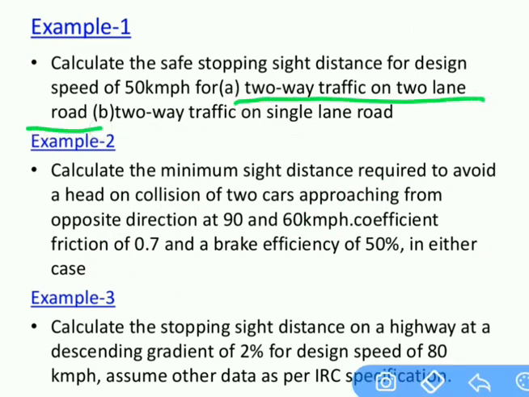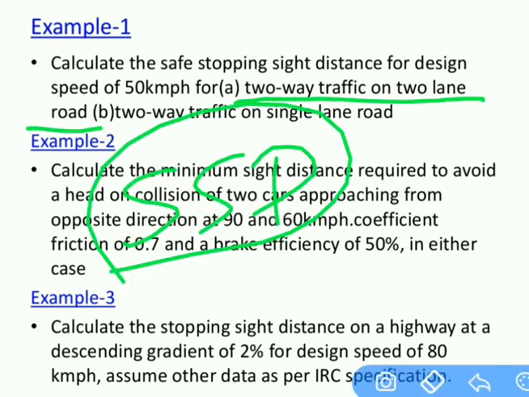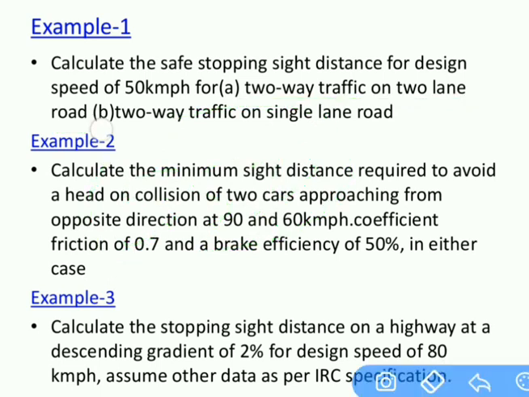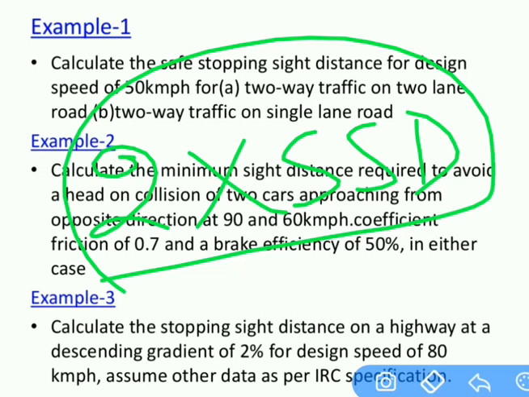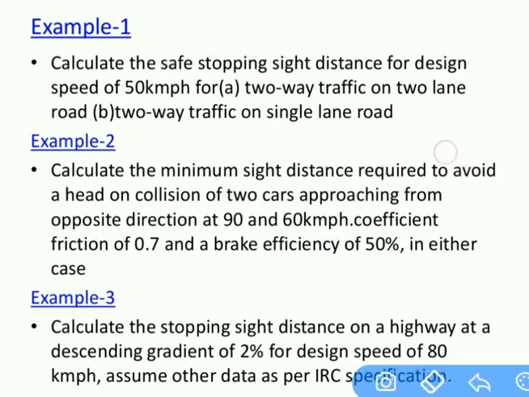Next, what is the first question? Two-way traffic with a two-lane road. Directly the SSD value will become SSD. That's it. Next, in the second question, what will happen? Two-way traffic on a single lane road. In this situation, the SSD will become 2 into SSD for this condition. Just now I told you why we are getting 2 into SSD. Please go back 3 minutes if you have a doubt. Then you will get the answers. Same way, try for this question and